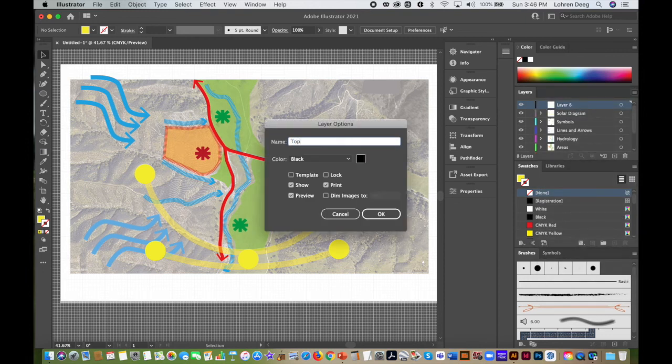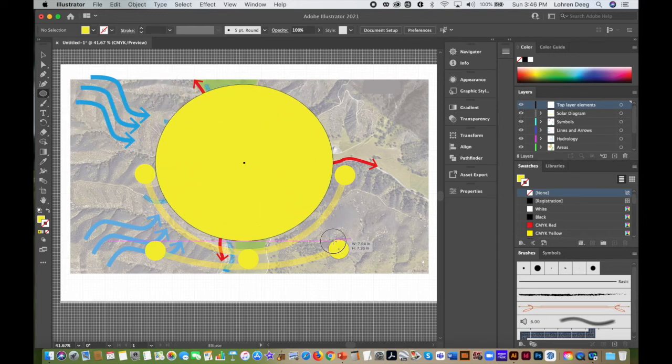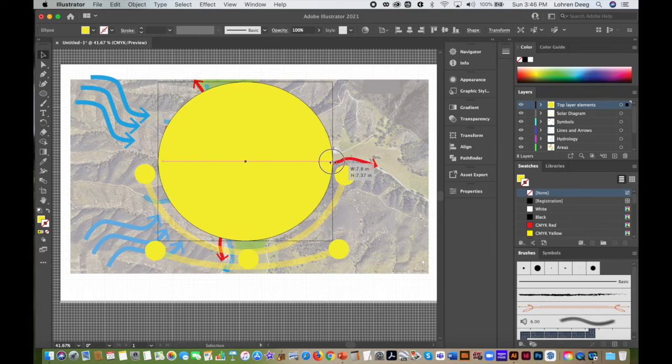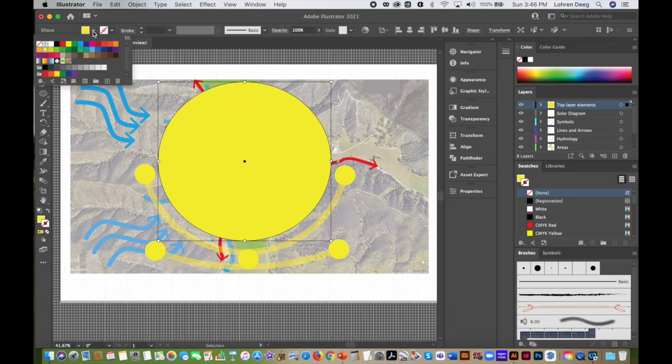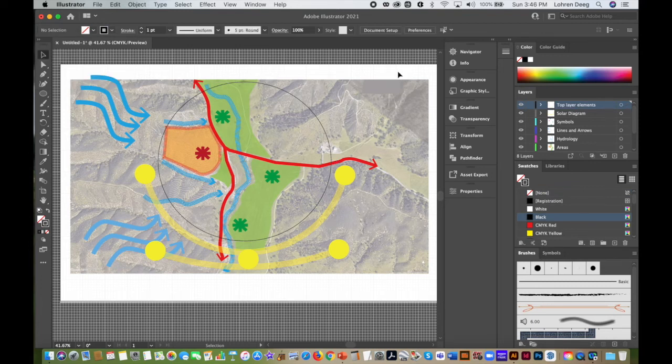Next, top layer elements. Sometimes I just like to put a nice circle over it. We want to deal with the north arrow and cardinal directions. Something like that. It's no fill and a very thin black stroke. Match that with the solar angle. And maybe we marry the cardinal directions to that. We can do a north arrow in the legend here, or we can actually continue that notion of the cardinal directions